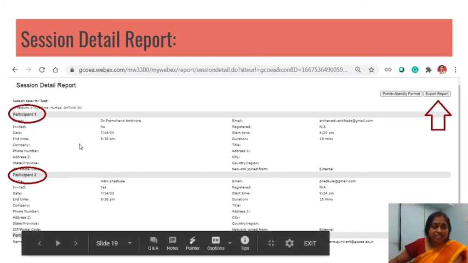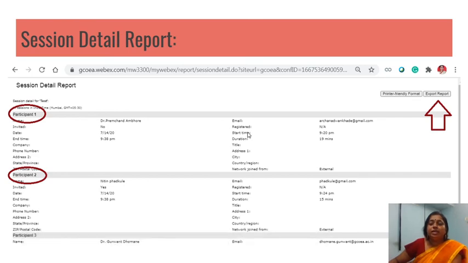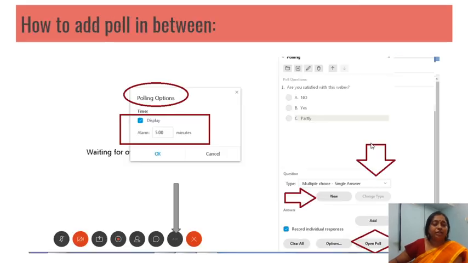How many participants, when they entered, what is their email ID, when they left, complete information you can get in the session detail report. You can export this file into Excel, save it and share it with your higher authority.